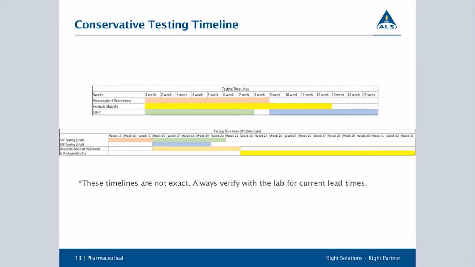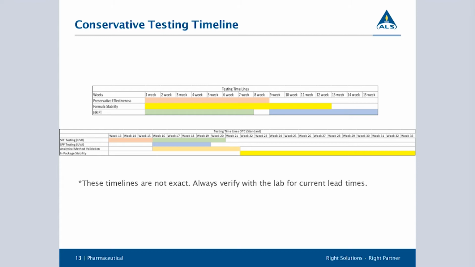So now we can get into some of the ways to stage your testing. In that first set of R&D tests, a typical way you can go ahead and run them all at the same time if you have a high tolerance for any risk associated with any of the samples or formulas falling out. Otherwise, our recommendation would be to start with preservative effectiveness and stability and then do the patch test later once it looks like things are looking good.